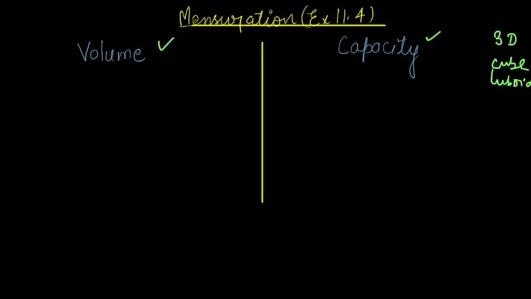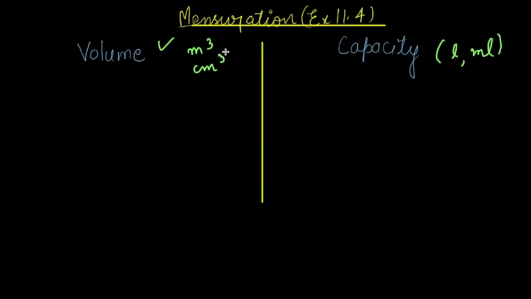We will be studying about the capacity in this particular exercise. So first let's understand, when we say volume and capacity, what is the difference? Practically there is not much difference, but when we measure the capacity we talk about how much quantity any container can hold, and we know that capacity is measured in liters and milliliters, whereas the volume is measured in meter cube, centimeter cube. When we are talking about how much quantity any container can hold, we are talking about capacity, which will be equal to the volume, but we will learn some scales where we will be converting meter cube, centimeter cube to liters and milliliters.